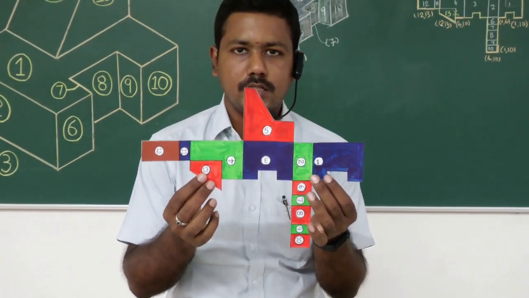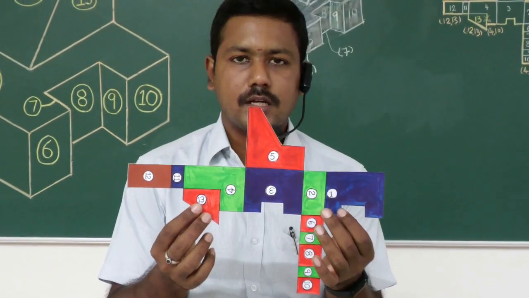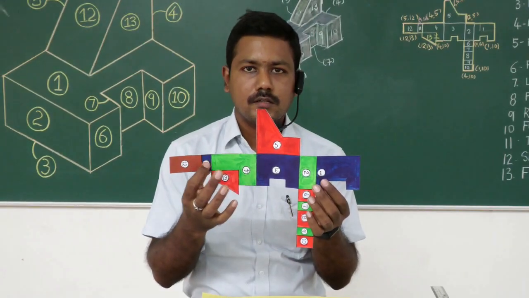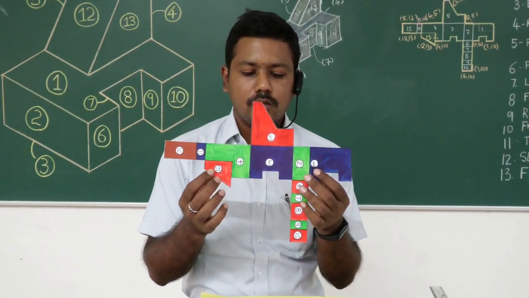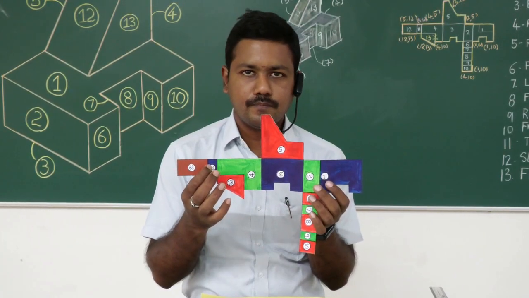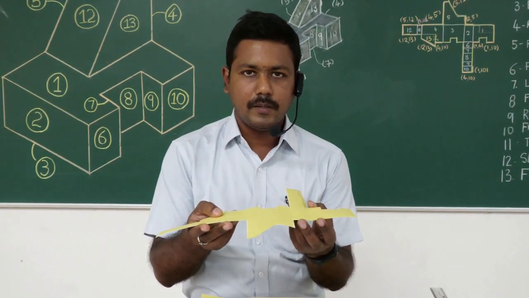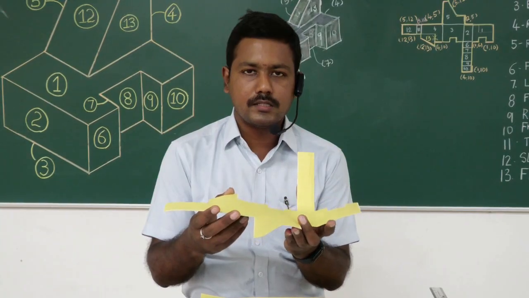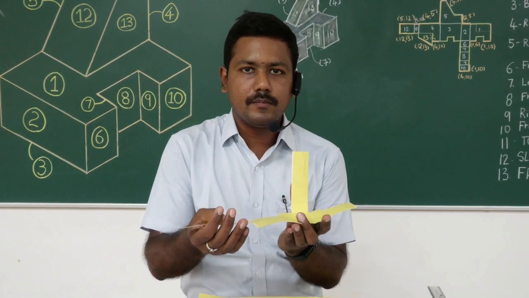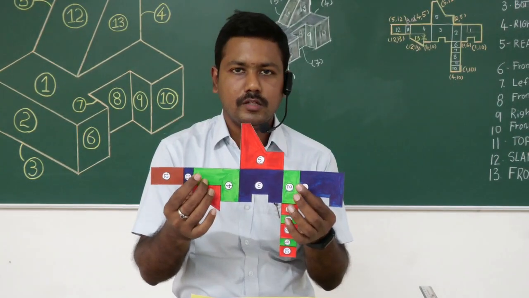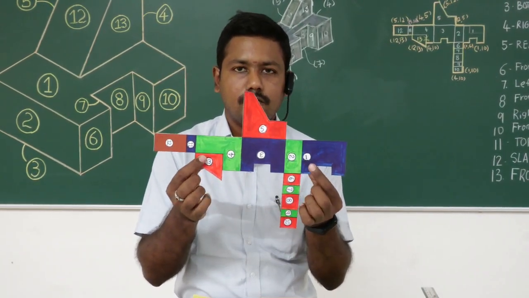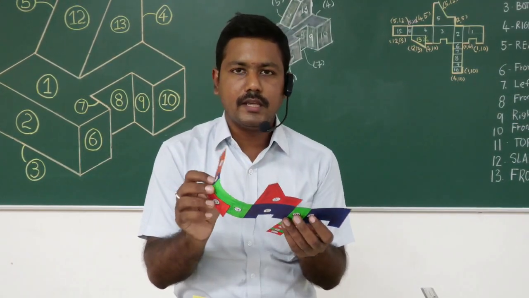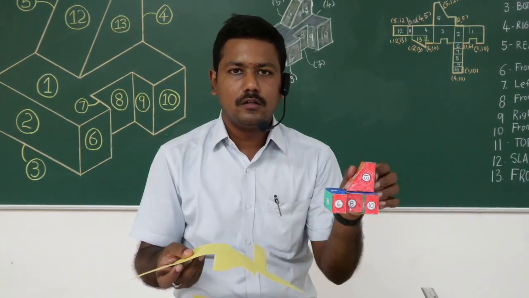So you can see how colorful it is. So if you make such a colorful model, it will be easy for you to understand. You have to color the adjacent faces using the same color. So, and you can see the numbers that have been given here. So when you stick onto the chart paper and when you fold it, the colored faces will be coming on the outside. So the color of the chart paper will be coming on the inside. Okay, so like that only we have given you the development. So this is the final development which you will be getting. This development we will have to fold the edges to get our final model.